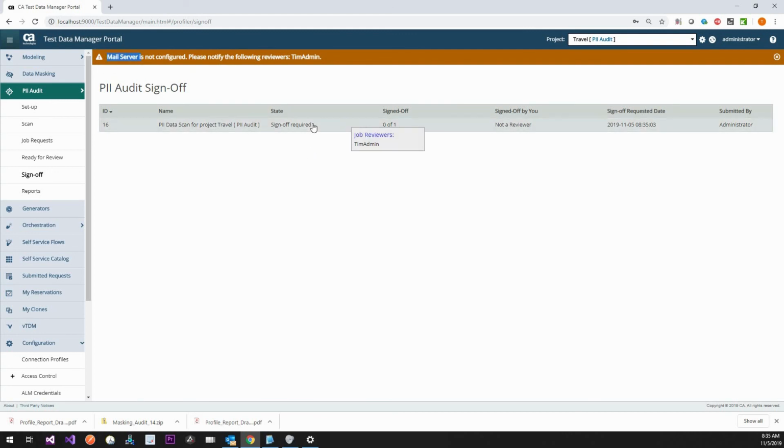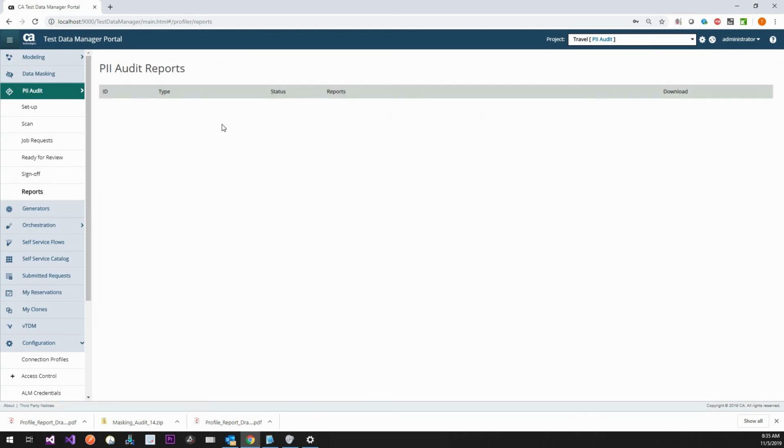But basically at this point, the next person, the job viewer here, which is Tim Admin, would get a link that says you have something to go and review. They would click on it, they would get similar to the report that you just saw, and they would actually get other reports that they could see, which would show up over here. And then when they click on them, then they would see pretty much what PII is, what your path is, that type of information. So this really, again, is PII auditing. Now, I'm going to jump